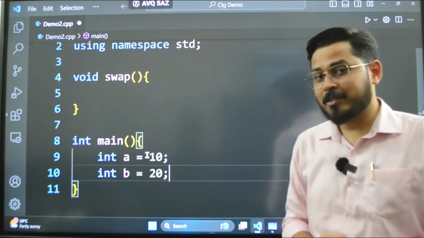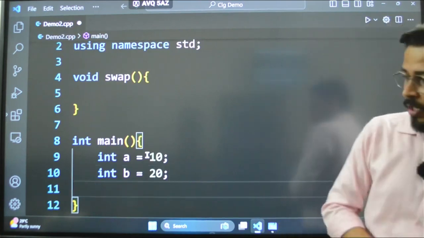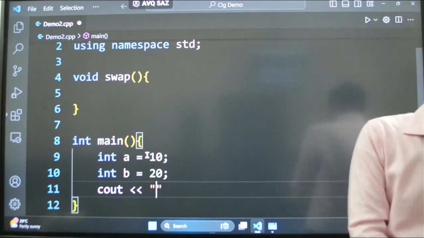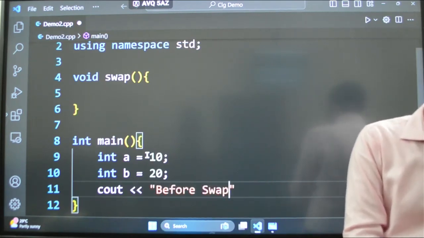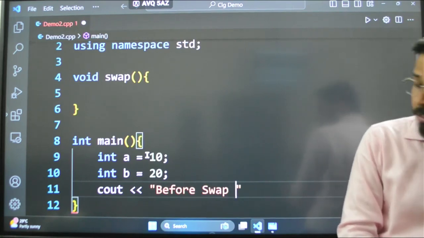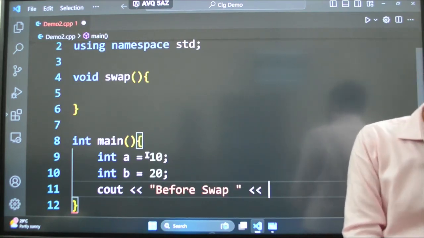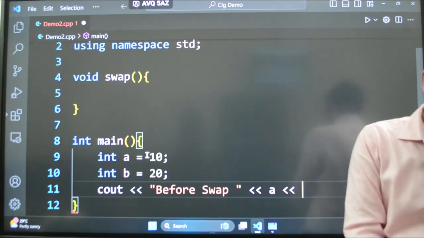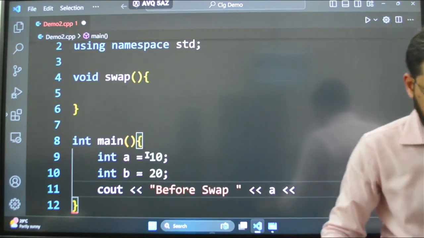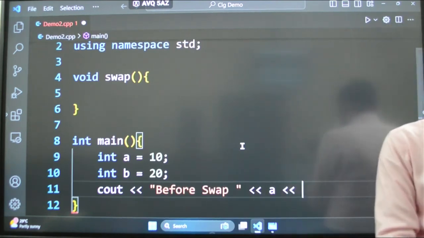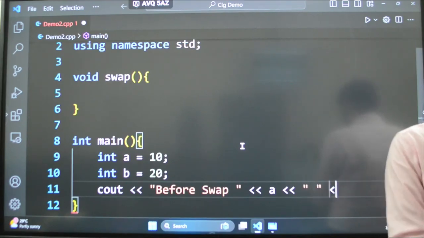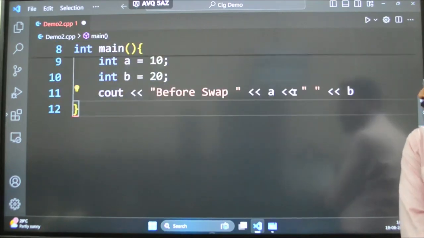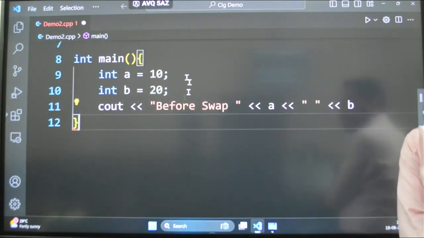Now if I print with cout, before swap, I am gonna print the value of a and the value of b with some space. So before swap, a value and b value is printed, 10 comma 20.